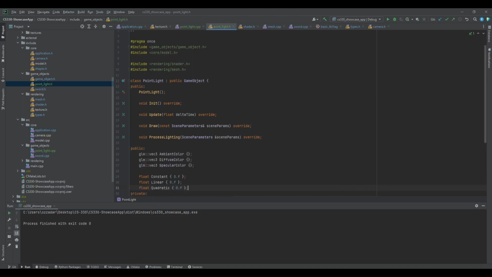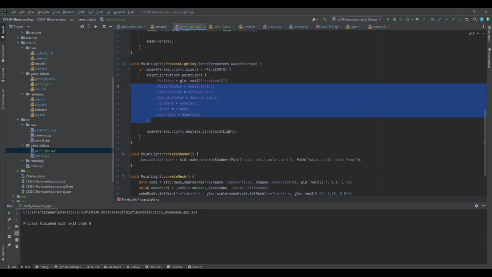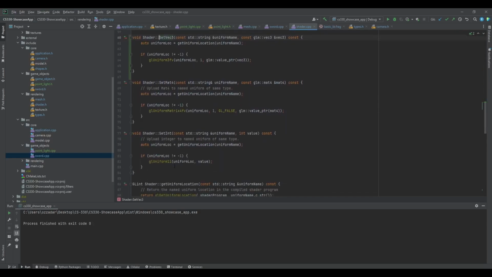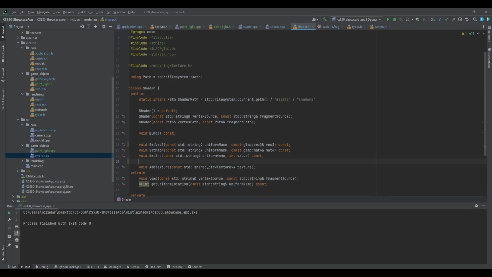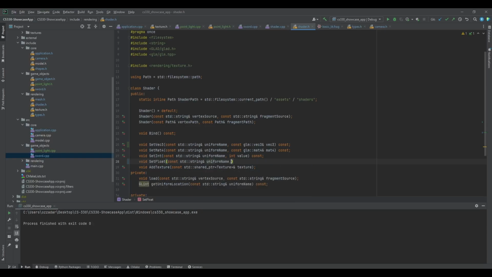Now, usually you would use getters or setters for this, but because I don't want to, I'm doing it this way. And now we add the point light, and that will be the point light here. Then inside our sword here, where we're adding, we want to set all of these uniforms. So we have set int. We also need a set float now, because we've got some float values. So we need a void set float, const string uniform name, float